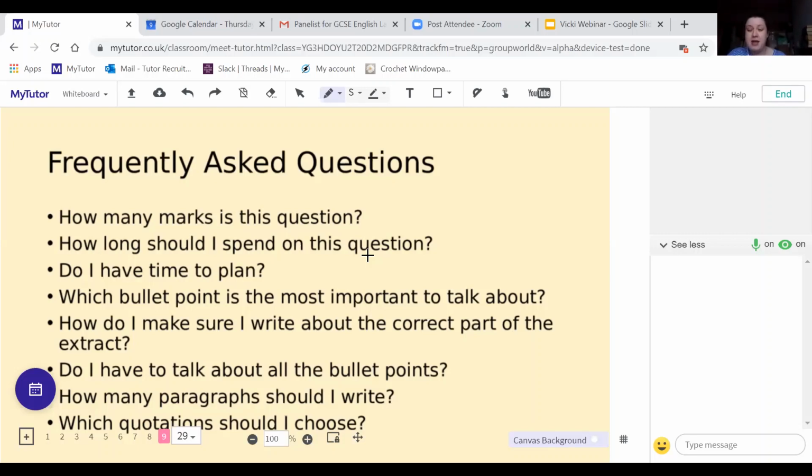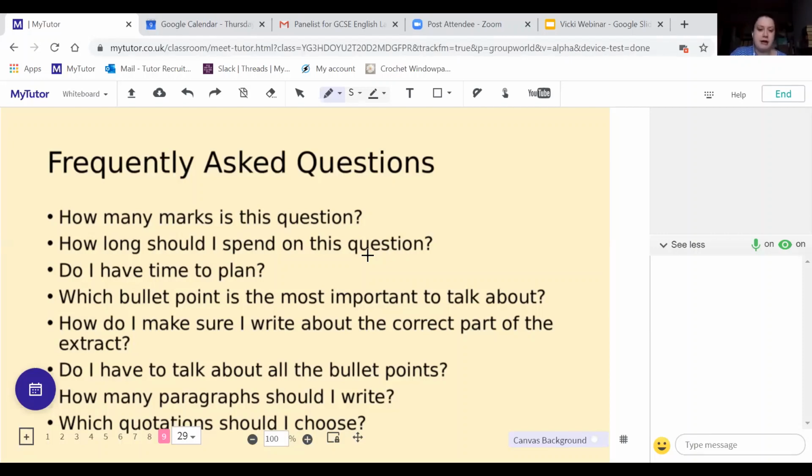Do the other 2. The main 2 I would say is do words and phrases and do language devices and techniques, because they will be definitely the easier ones for you to do. I've had some students who've told me that their teachers say ignore sentence forms, bullet points. I wouldn't go that far, but don't feel that you absolutely have to talk about it because it's there. It says you could talk about them.